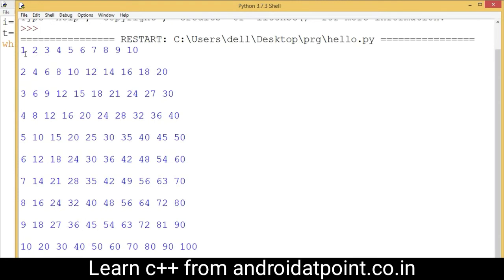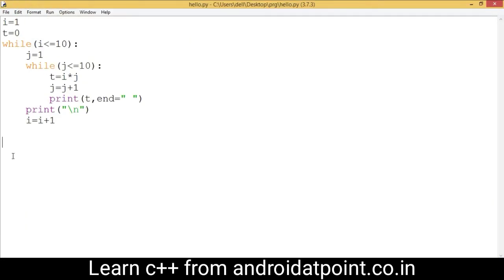Look here, it prints the table 1, 2, 3, 4, 5, 6, 7, 8, 9 and 10. Now I am going to close the output and explain the concept. First of all, the value of i is 1 and the value of t is 0. So control comes here and checks the condition of the while loop. The value of i is 1, and the value of j is also 1, and